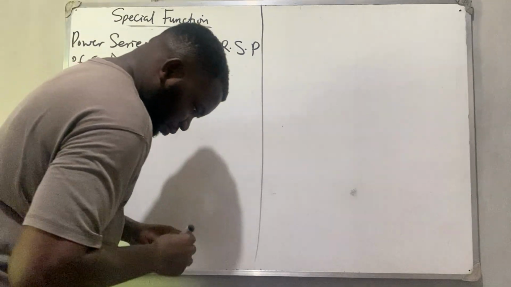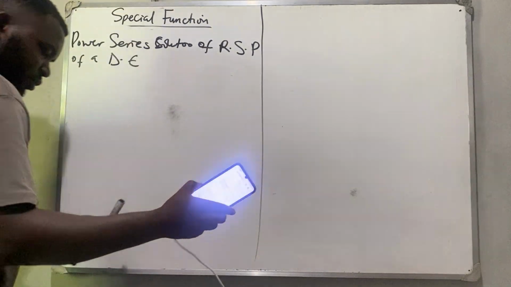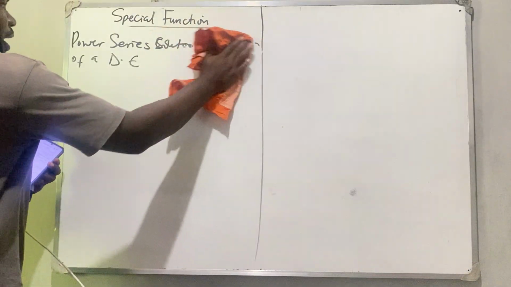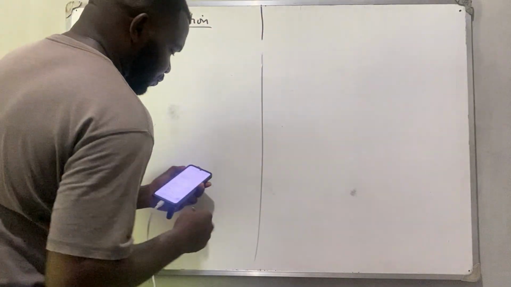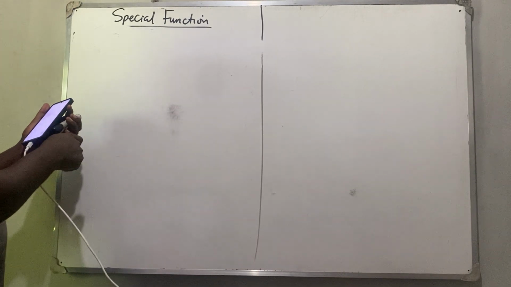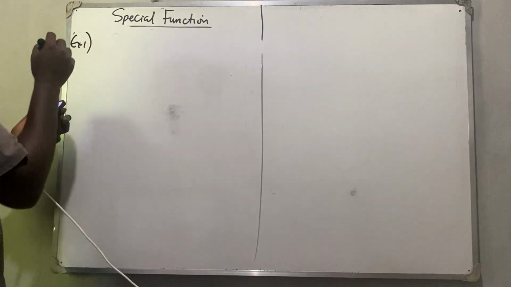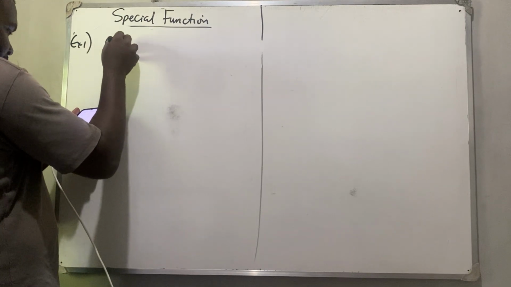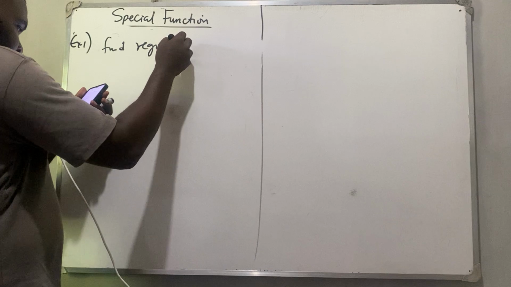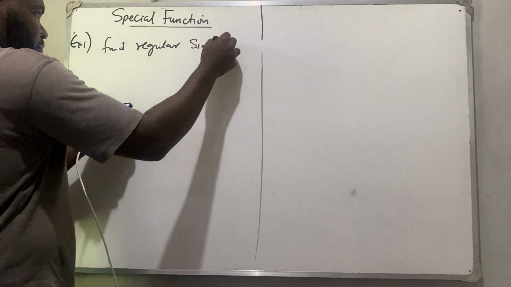Okay, so let's have a question. Before we even solve the power series, let us have an example to what I'm saying, so that we'll know how to find the regular singular point of a differential equation. So the first example here, example 1, says find the regular singular points